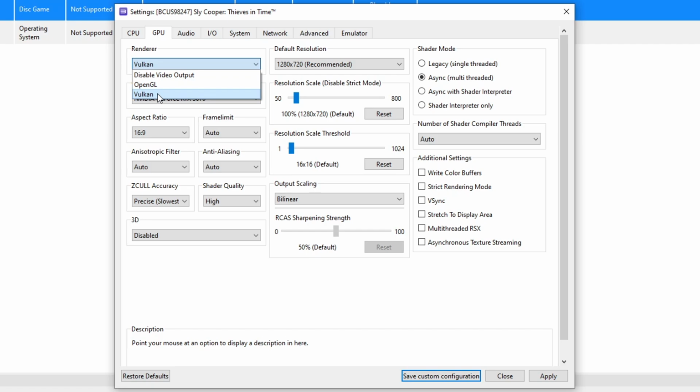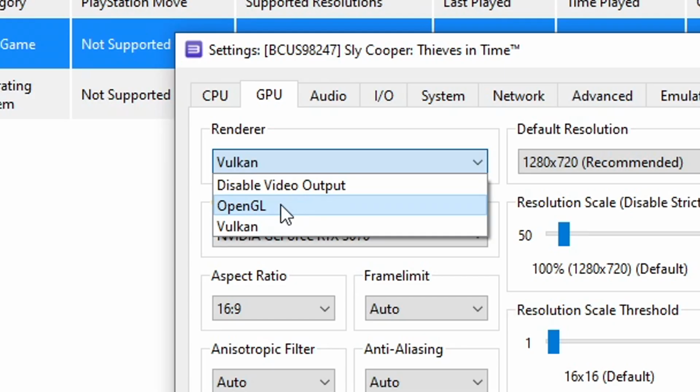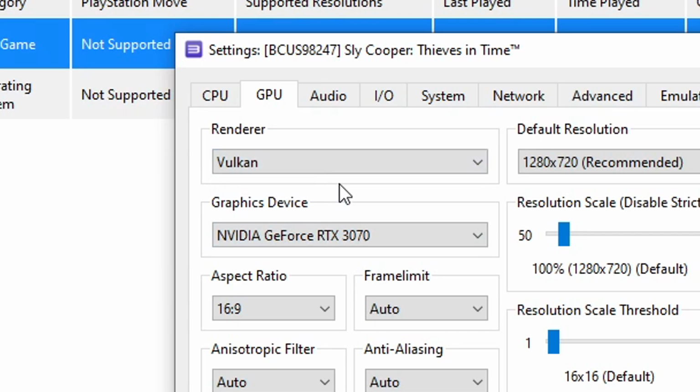But if your GPU is a little outdated, you're only gonna have the OpenGL option, in which you can play the game, but the performance will be much worse. And there are cases where the game doesn't render the image properly when using this one. You just get a black screen whenever you start the game. So this one is not recommended unless you don't have Vulkan enabled. But if you do, go ahead and make sure that it's selected right here.